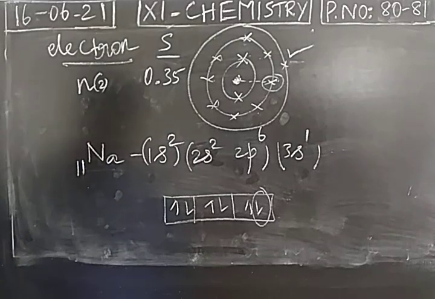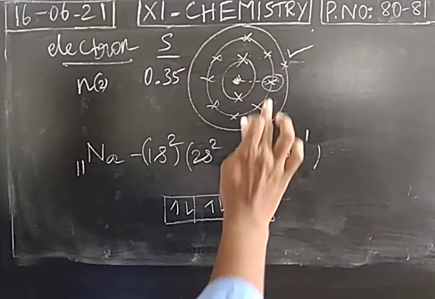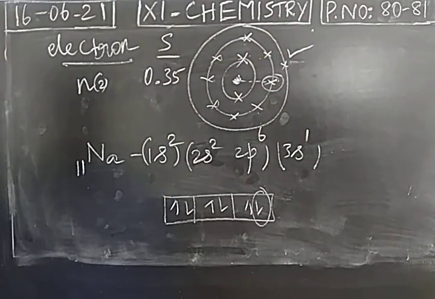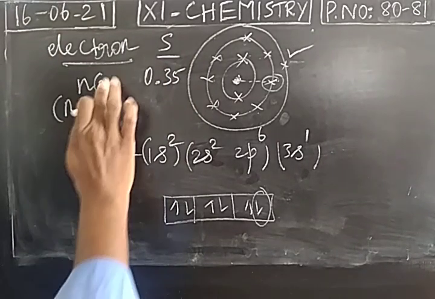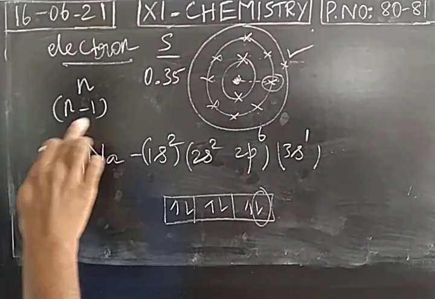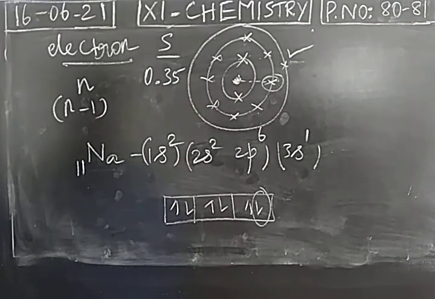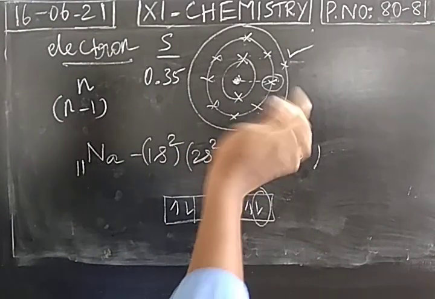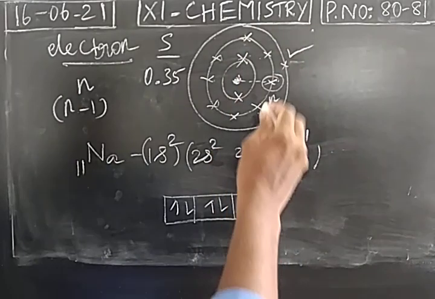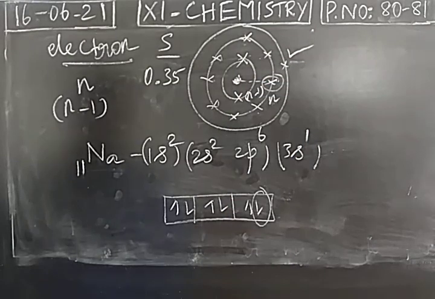Okay. We take sodium. If I select this electron, the nth shell is nothing but the second shell. Except the electron selected, the remaining 7 electrons will contribute 0.35 as a value towards the screening constant. Then the n minus 1 shell. Here we take the second shell, the n value is 2, 2 minus 1 means the first shell. So this is the nth shell. The immediate inner shell is called what? The n minus 1 shell. This is the nth shell. This is the n minus 1 shell.